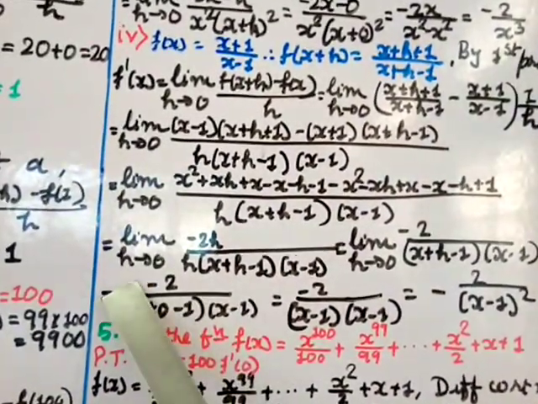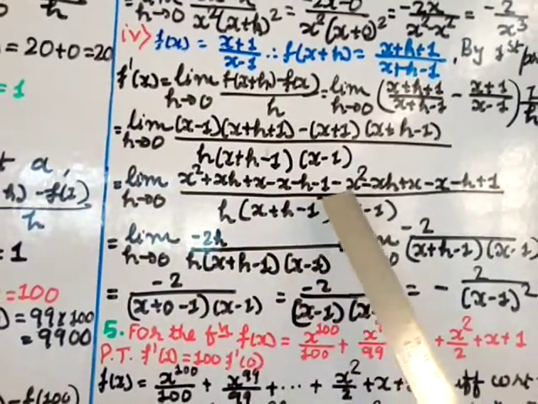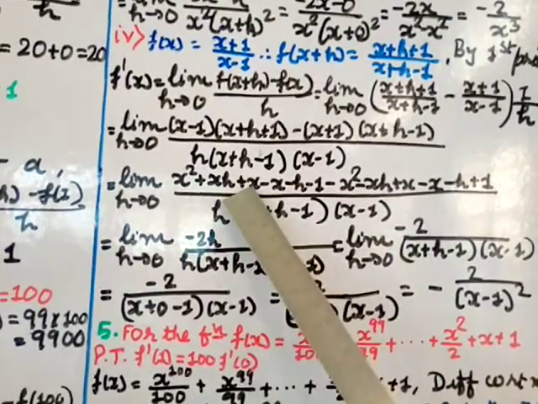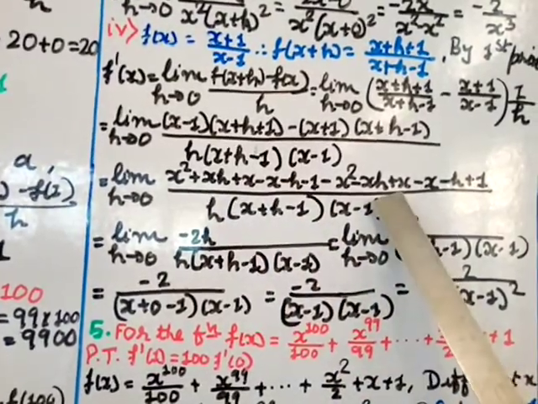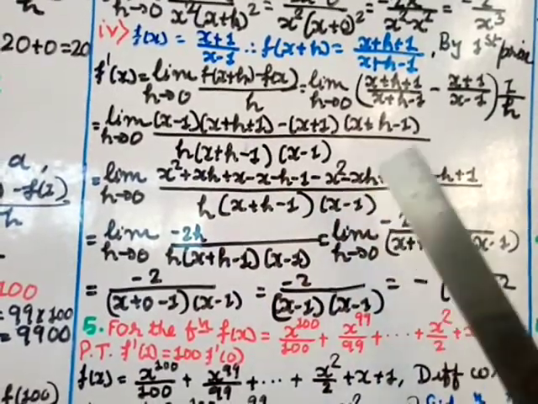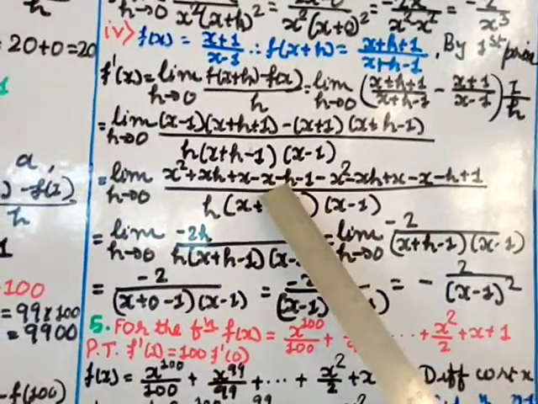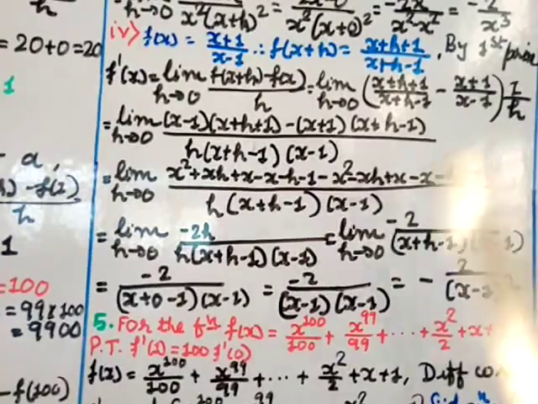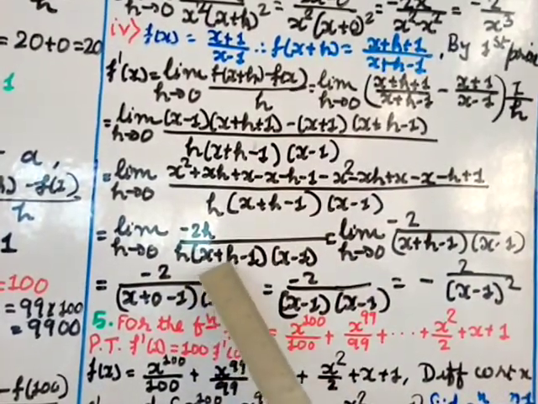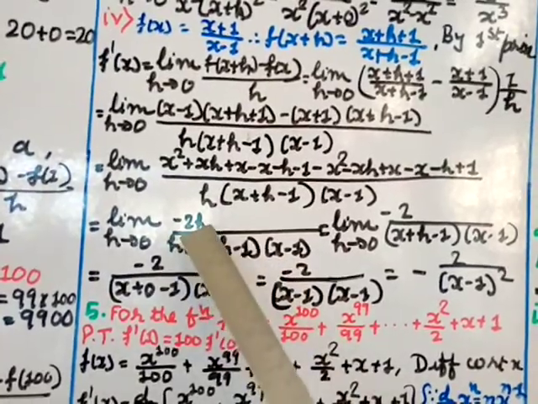So limit h tends to 0, here x square plus x square minus cancel, minus 1 plus 1 cancel, plus x minus x cut, plus x minus x cut, x plus h plus and x plus h minus cancel. So here remains minus h, and minus h gives you minus 2h. Denominator as it is, h into x plus h minus 1 into x minus 1, this h you can cut,